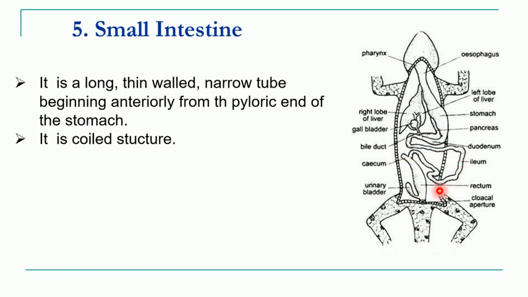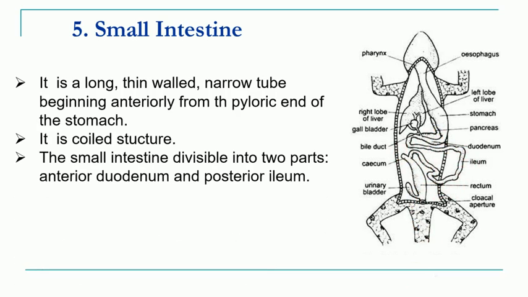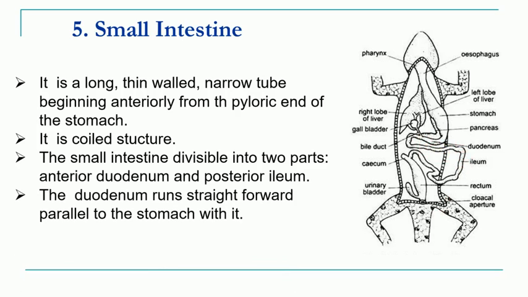In this picture also you can see it is a coiled structure. And further, the small intestine can be divided into two parts. The anterior part is called the duodenum and the posterior part is called the ileum. Now this duodenum runs straight forward parallel to the stomach,